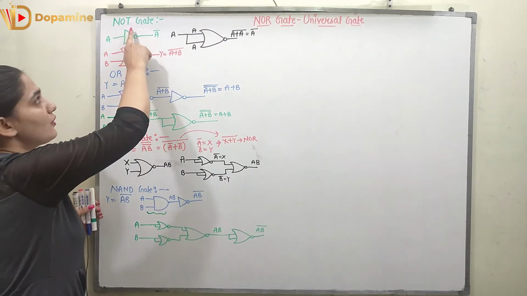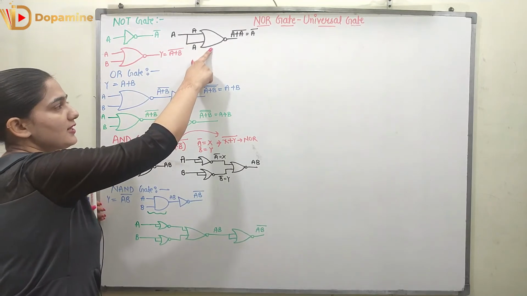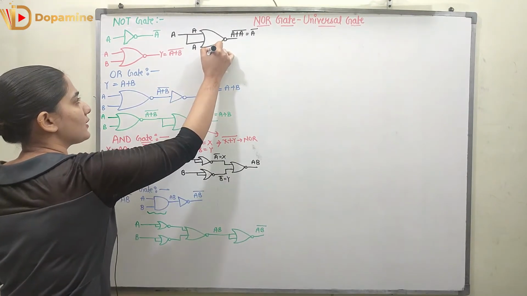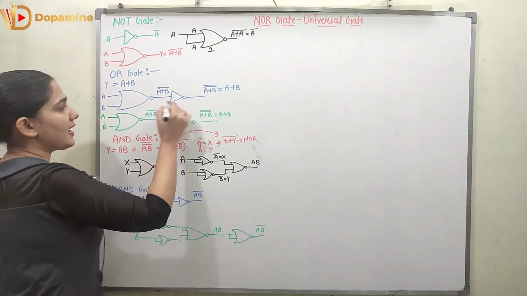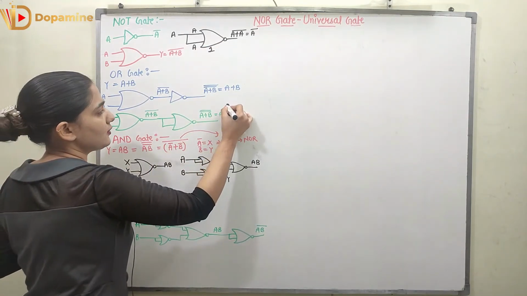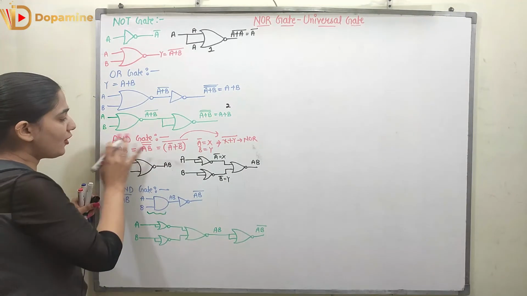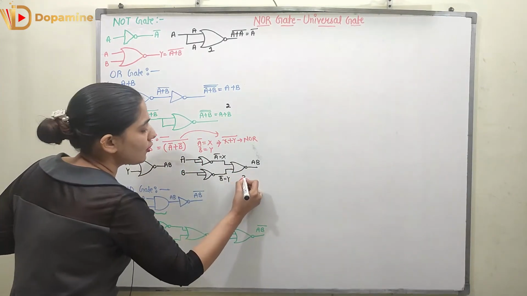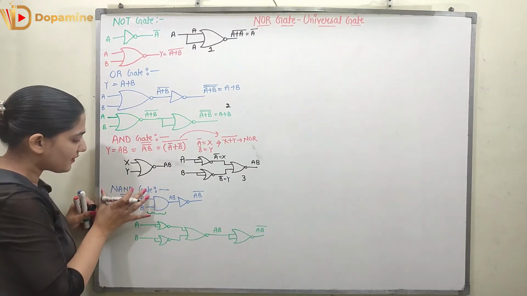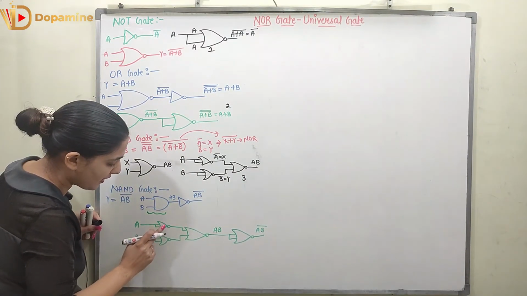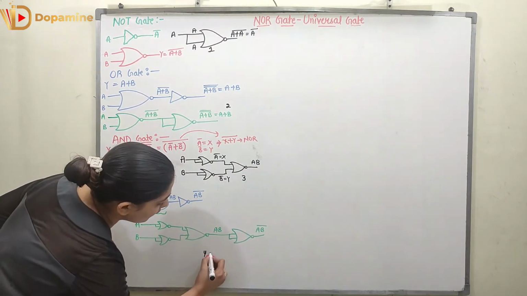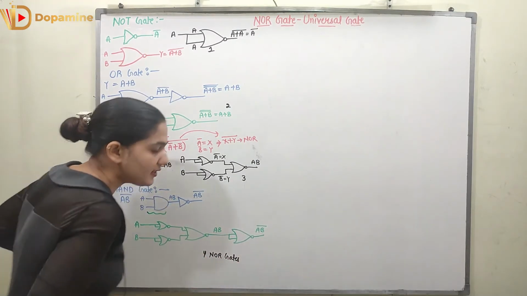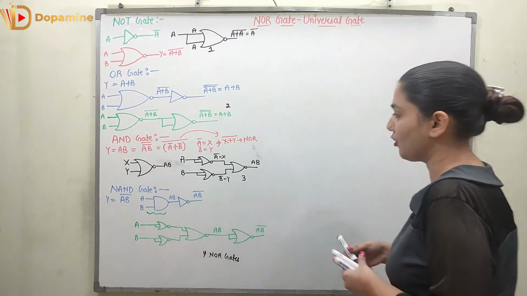So here you can see for the designing of NOT gate using the NOR gate, I just require one NOR gate, right? For the OR gate I require two NOR gates, right? For the designing of AND gate using the NOR gate, here I have 1, 2, 3 NOR gates. For the designing of NAND gate using the NOR gate, here you can see I have 1, 2, 3 and 4 NOR gates, right? Now coming to the XNOR gate.